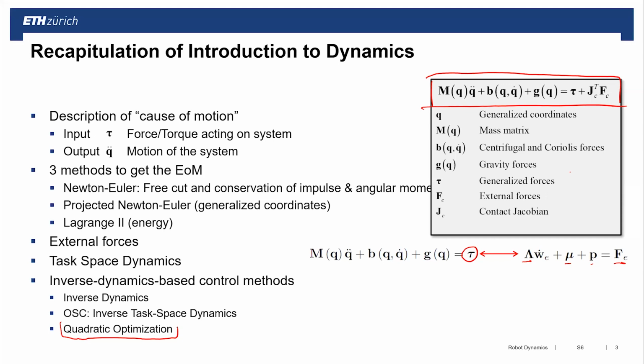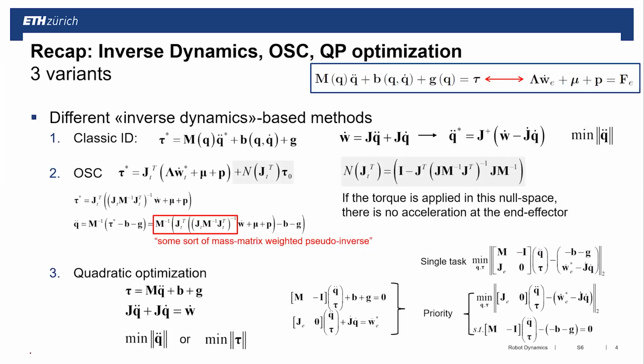And what you see here, this joint or task space dynamics, is nothing else than linear constraints on motion and on torques. So I brought up one slide at the very end of a video segment which summarizes this